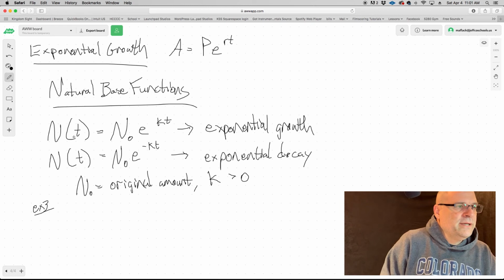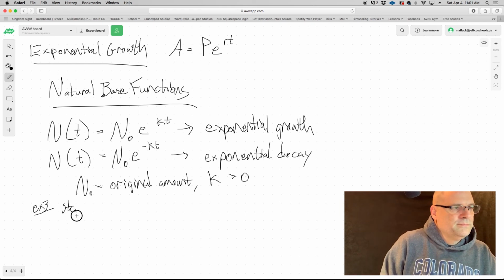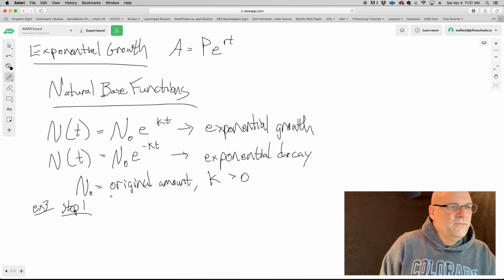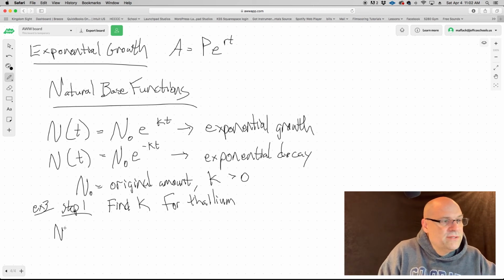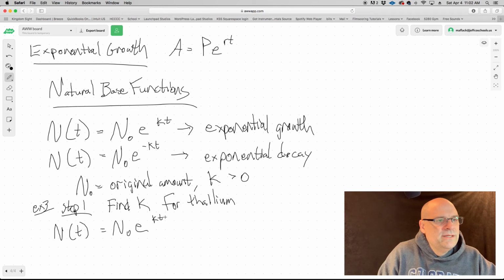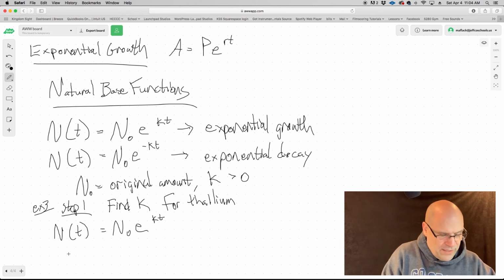Step 1, here we go. First, we have to find the constant for thallium. Well, how do we do that? Well, let's write the natural decay function. N of t equals N at 0 times e to the kt. K period, t period. Okay, let's plug in what we know. So since it's half-life, we're going to put 0.5 equals the starting rate. So we're going to say 1 e to the negative, because it's a decay, k times